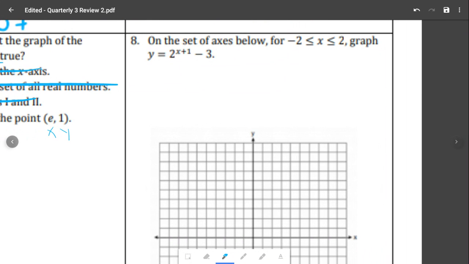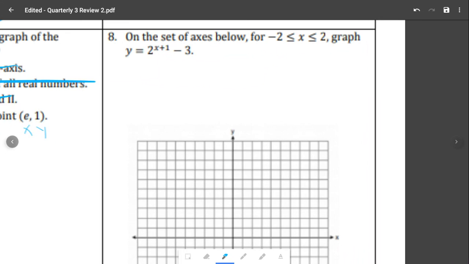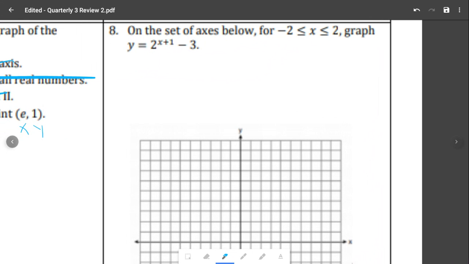Question 8. On the set of axes below, for negative 2 to 2, graph y equals 2 to the x plus 1 minus 3. So this interval, remember, that means that I am restricting my domain and I only want to